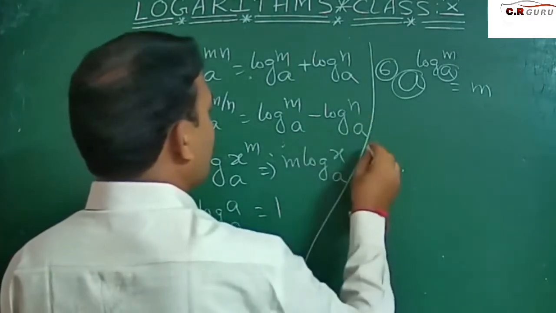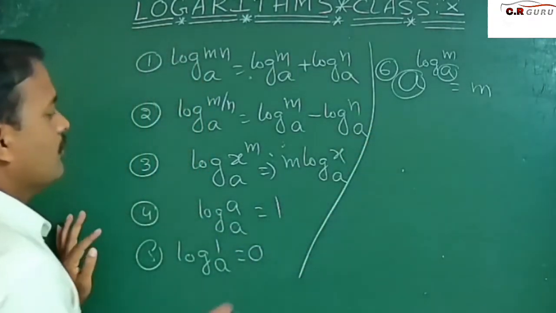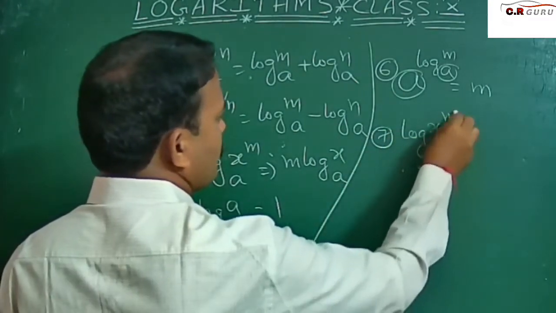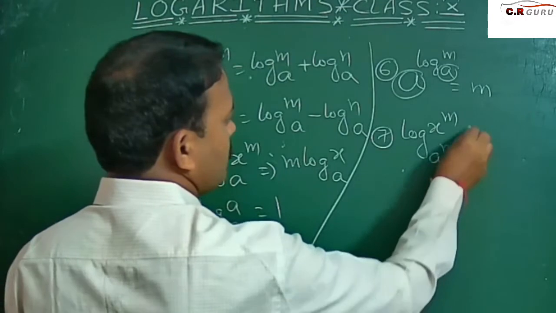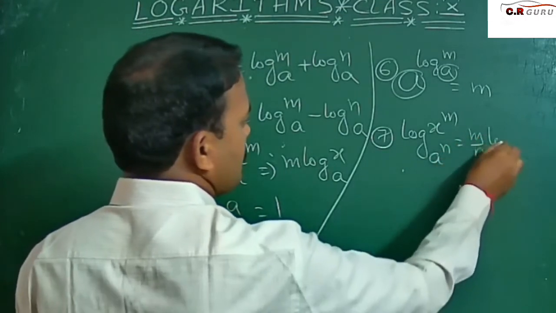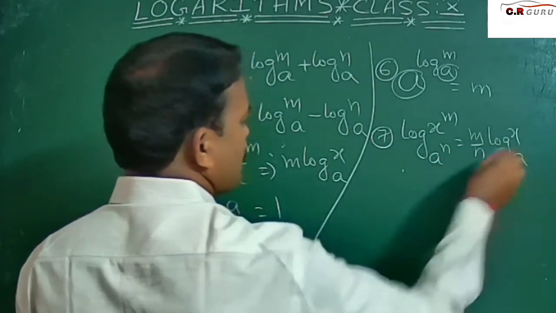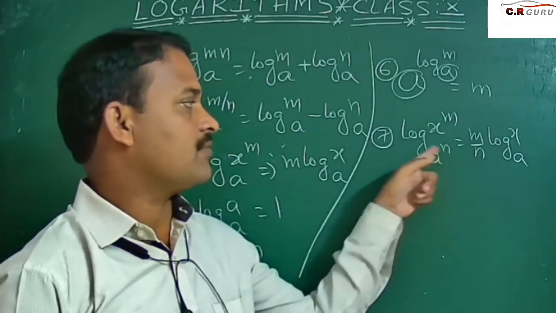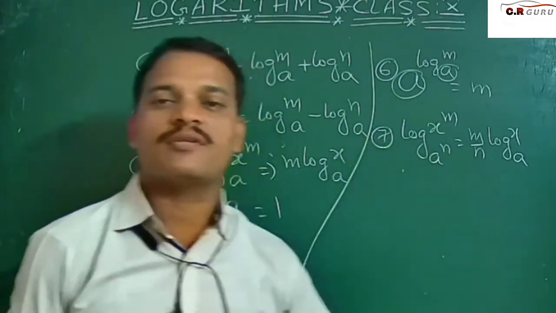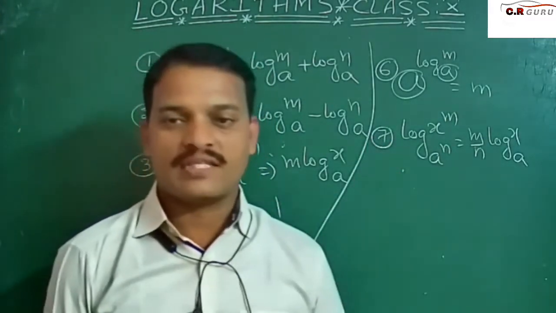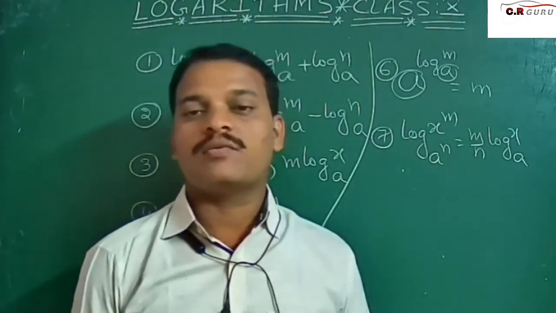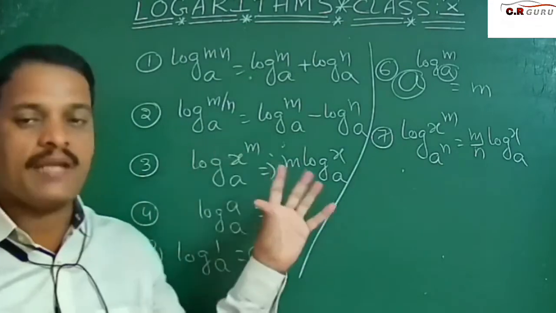Okay. So the seventh one is log of x to the power of m base A to the power of n is equal to, this can be written as m by n log x base A. In this, the logarithm's power will be in the numerator, and the base's power will come in the denominator. So this is about the formulas of logarithms. Okay, now before Exercise 5.1.5, I want to explain some examples. One of them is this.